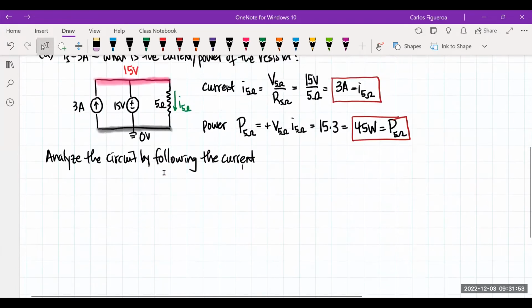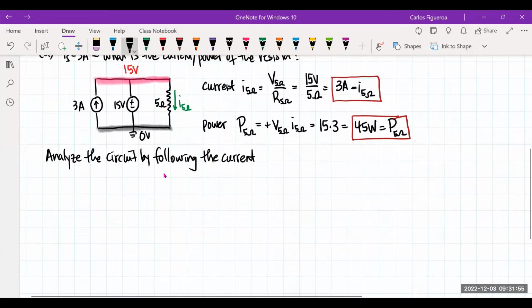Okay, so if I follow the circuit, again, let's draw this out. So here's my 3 amp, I have my 15 volt, and I have my resistor. Now if I connect this all up,